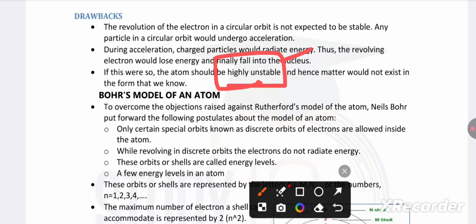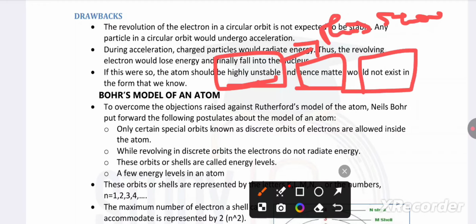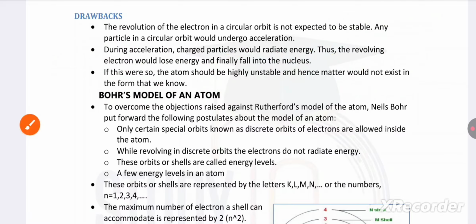Atom is highly unstable. Hence, matter would not exist in the form that we know. Already, in the form that we know, matter does not exist. Okay. Then,